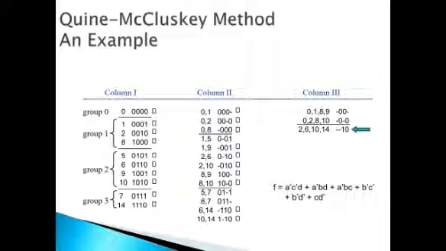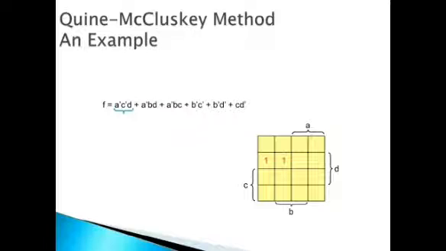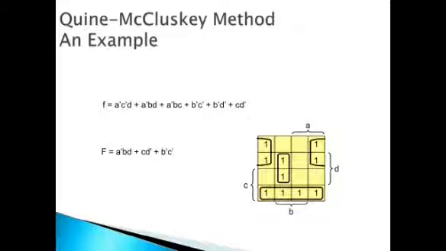Now, this is the first part of QM method. Now, let us see the second part of QM method. Before this, I would like to draw attention to the K-map in this equation of function f. If you see the K-map of this function f, you will observe after the grouping of the K-map, we are looking that there are three expressions which are not required, which are to be minimized.